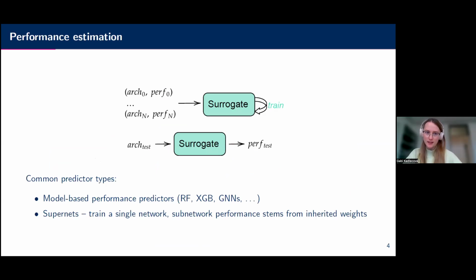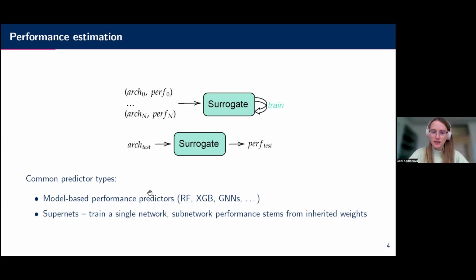So more specifically, performance estimation has many specific forms. What we are talking about is model-based prediction. So you train a surrogate with pairs of architectures and their performances, which can be either, for example, validation accuracy or perplexity, or it could be other tasks like hardware tasks like latency or energy, robust accuracy, etc. You train the surrogate and then you pass a test architecture and you will get performance for free.